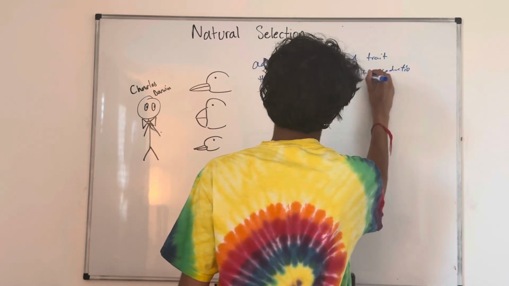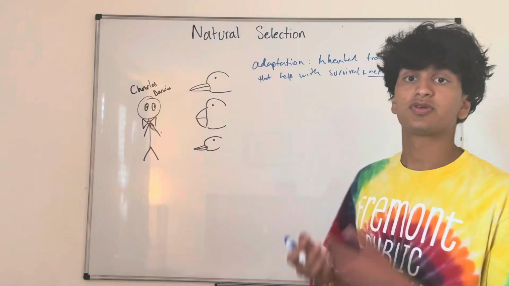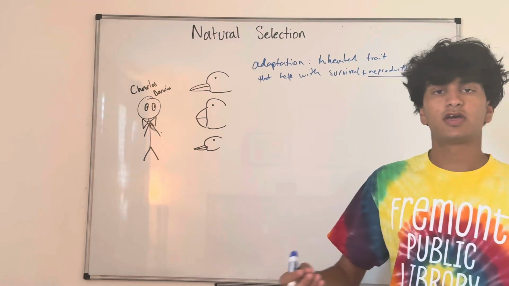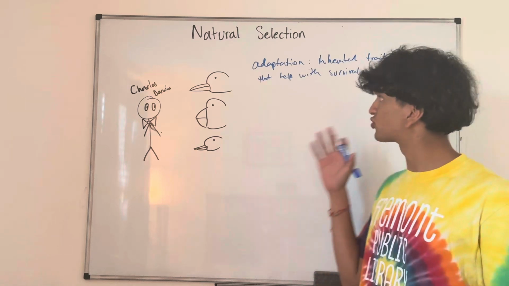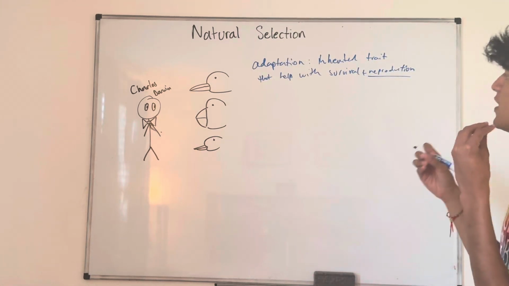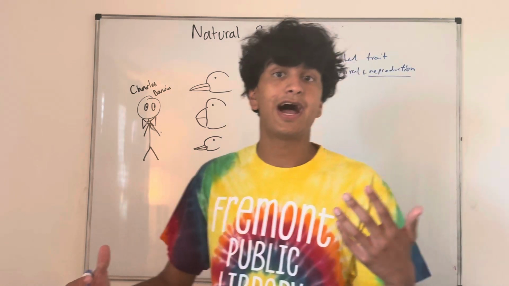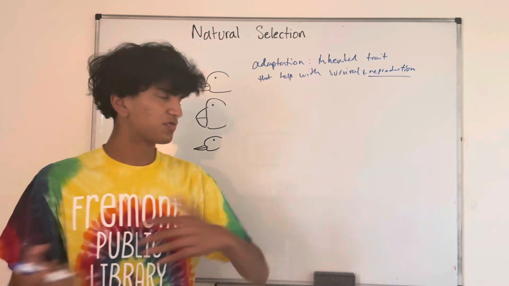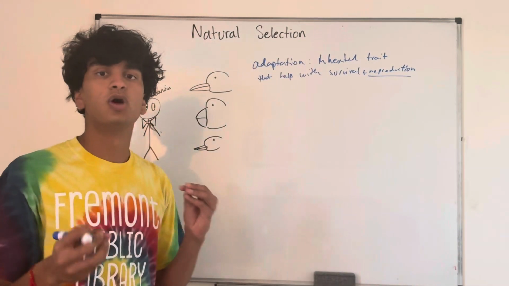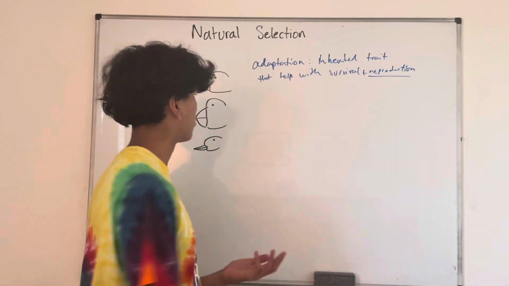That last part's key. People kind of forget that. But reproduction, Darwin believed, was really necessary. Not only do the animals need to survive, they also need to reproduce, because these traits are inherited. They get passed down. So, what he noticed, he really had a couple of observations. Throughout the whole trip, he probably wrote stuff down, and he came out with a few observations. The notes really has 4, so I'll go based off the notes.